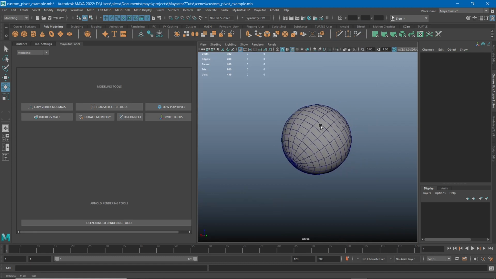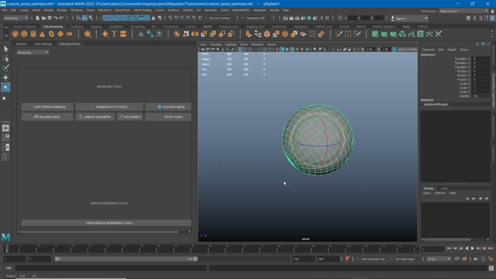Today we're going to take a look at a tool within the modeling panel here. And today it's the turn of the pivot tools. So this tool is aimed at doing some manipulations on your pivot points, especially when you realize maybe days after